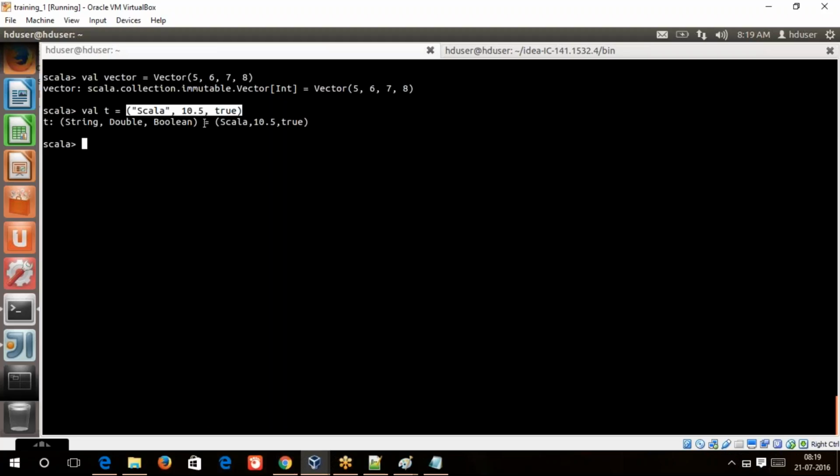But tuple is not a collection. Vector is a collection of the same data type. It has to be of the same data type. We can define a list for different data types. I can say mixed. I will say 1 comma 2.5,